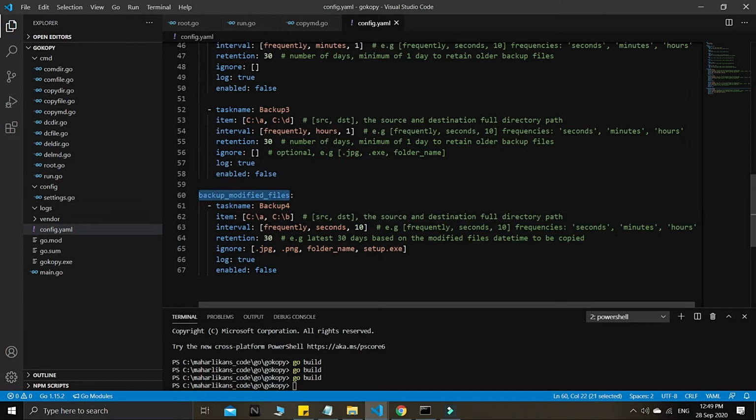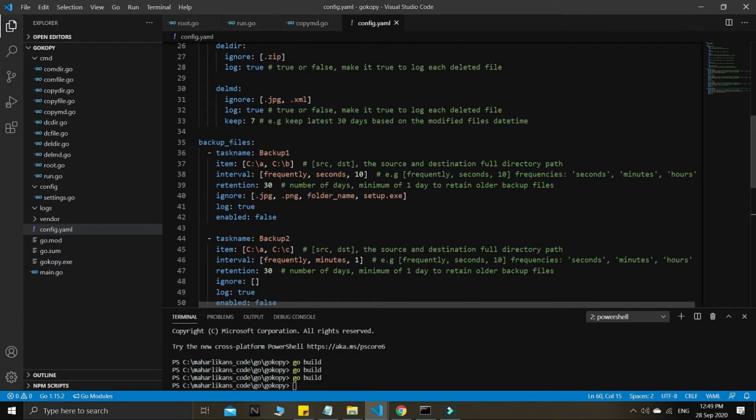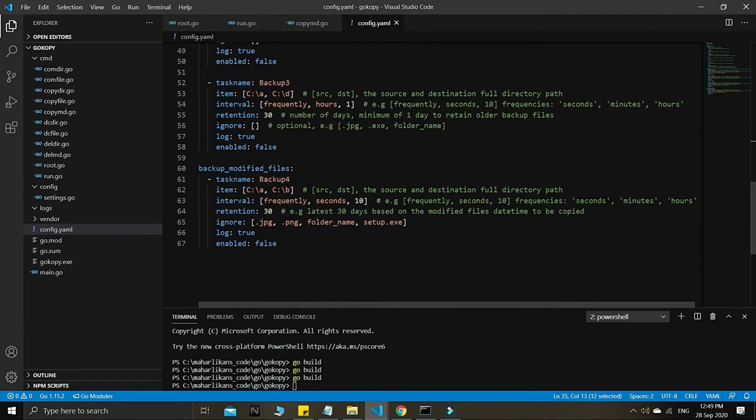I call this a backup modified files. On top is another one, a backup files. You can just rename it if you want, guys. And right now I name this backup modified files because we need to copy only the latest modified files